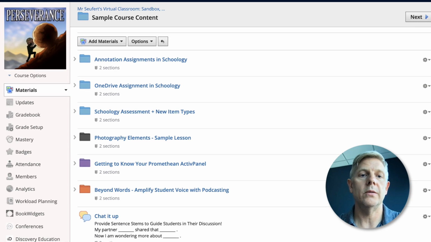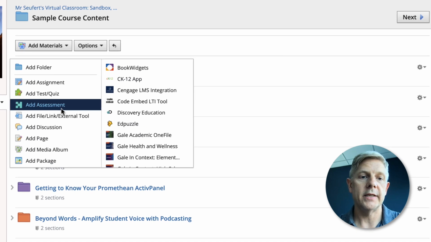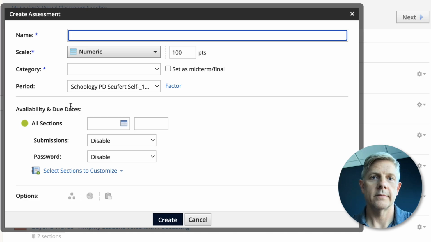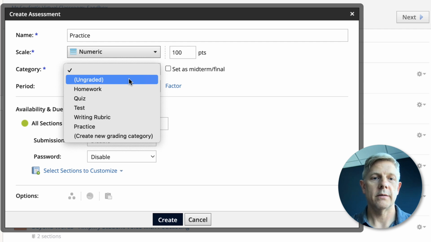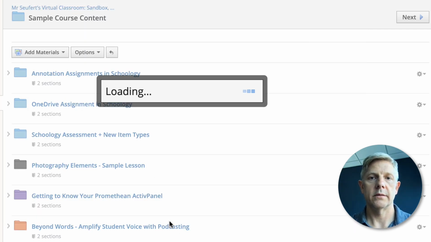And so then when you go to your course, which is where I am now, and you go to add your assessment, so here we'll just give it a name for practice, give it a category, we'll leave it ungraded for now, and then create. Here you're going to get all those other options for your assessment. You're going to get the option for directions and the general setup,